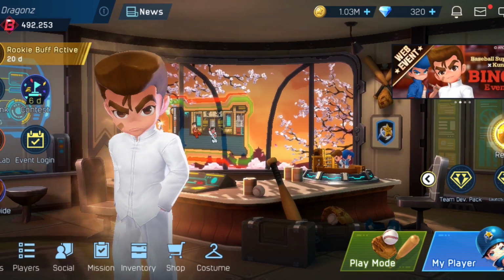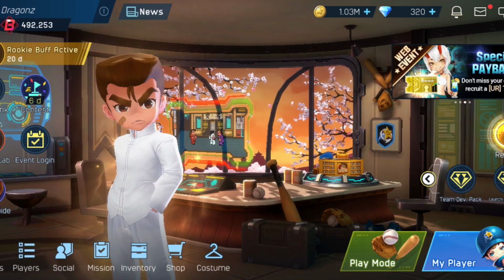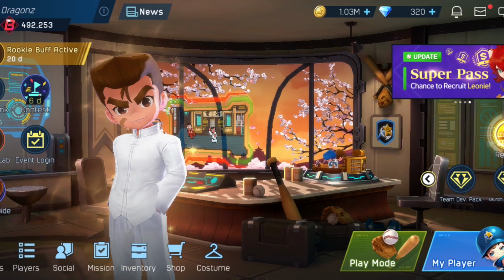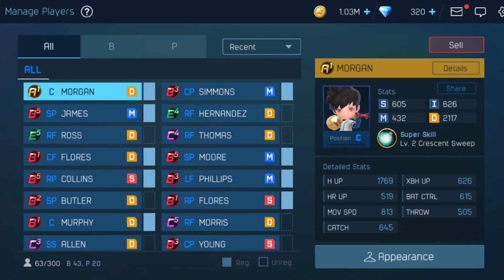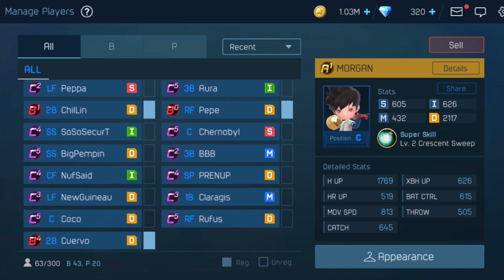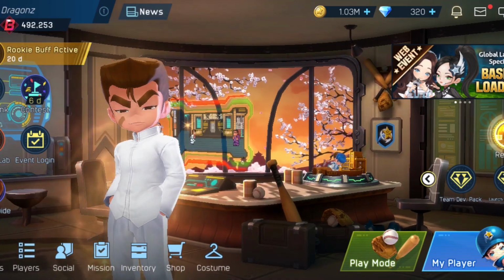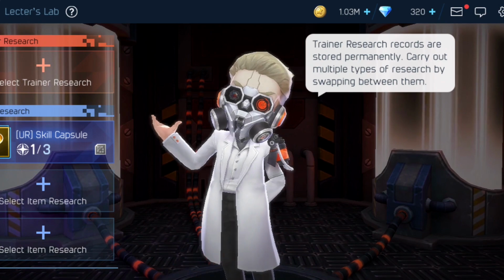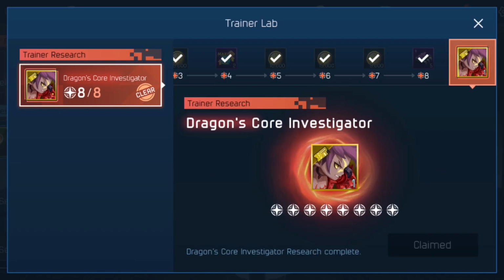Also, here's another thing that I've kind of learned. You don't want to sell any of your extra players. So these extra players that you slowly build up over time, as your roster grows, basically as you get better and better, you're going to replace those players. You don't want to get rid of any of them because Lecter's Lab, as you grow, when you hit rank C, you can go for an ultra rare